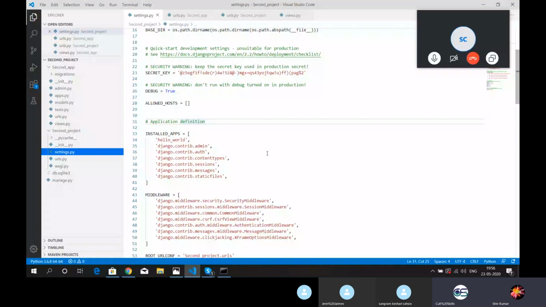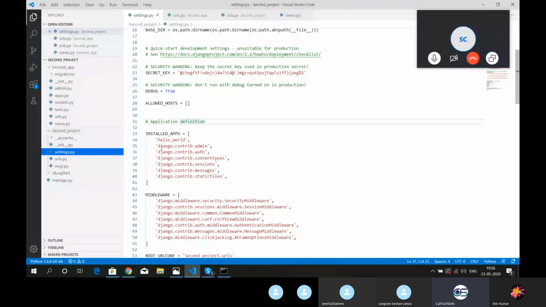Your app name is second app, and you are registering hello world. How can you work with this? What is the meaning of hello world right there? What you have registered in installed apps, you need to change it to second app. You cannot just register anything of your choice. It should be exactly the same name as your app.